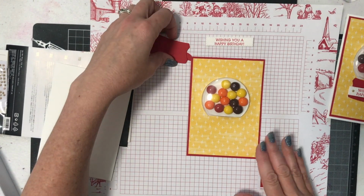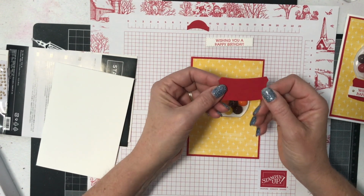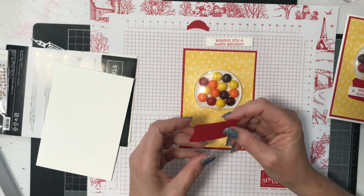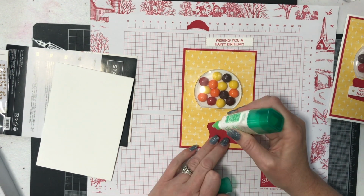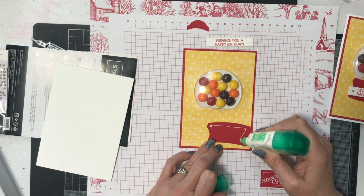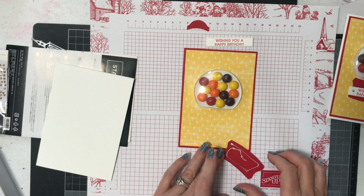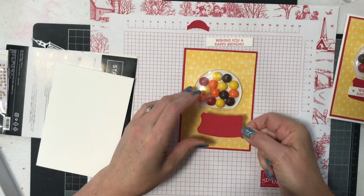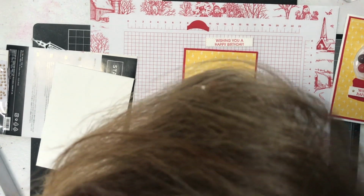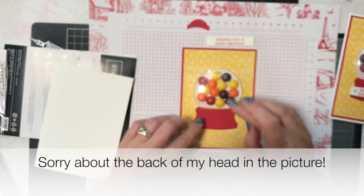Cool. Okay, so basically now the dome is done. Then I've got my little base piece here, and you can put them on dimensionals if you like, but I'm actually just going to pop this on with adhesive so it's flat, because I want my words that say Wishing You a Happy Birthday to pop up. So I don't want everything popped, I just want that one. And once again, because it's Tombow, I can kind of wriggle that into place,